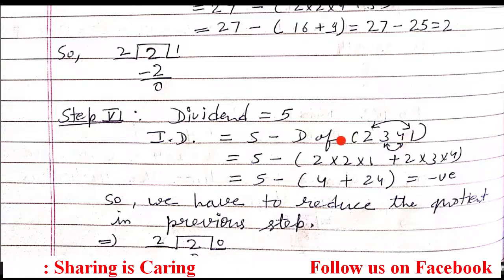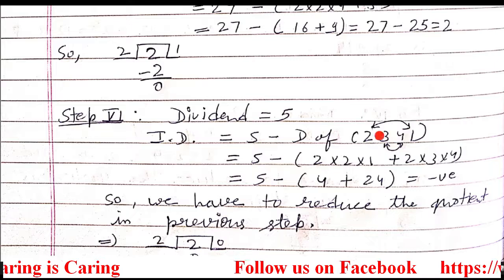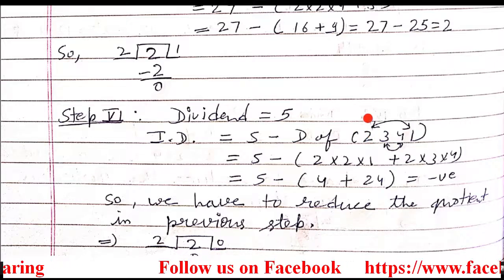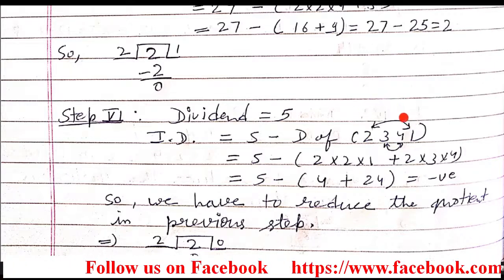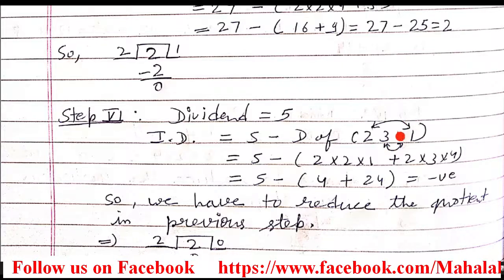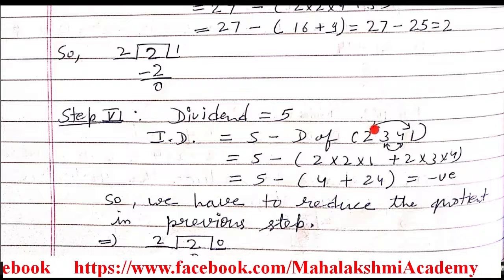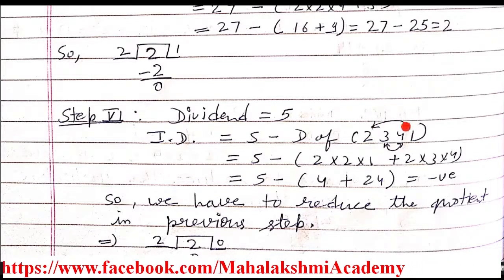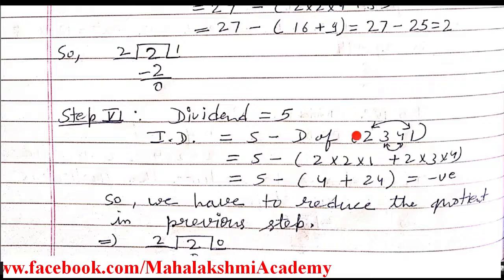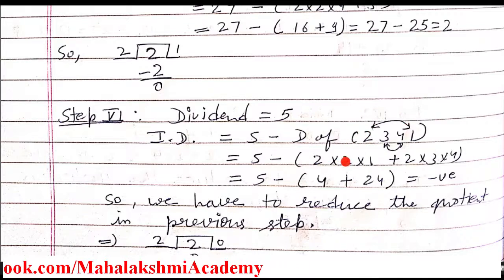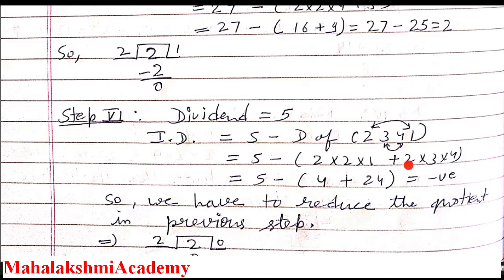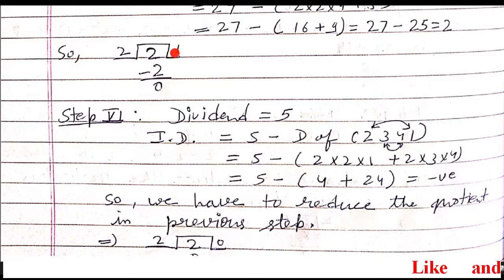Since we have four numbers, you have to make the pair from extremes. Extreme is corner. So these two corner numbers in one pair and the middle two in another pair. When the digits are in a pair, to find out the Dvandva, these digits you have to multiply by 2. So 2 into 2 into 1. Now 3 and 4 are in the pair, so 2 into 3 into 4. Multiply them, add them, and obviously it is going to be negative. So this step you have to reduce. So this 1 you have to reduce. So it's going to be 0.